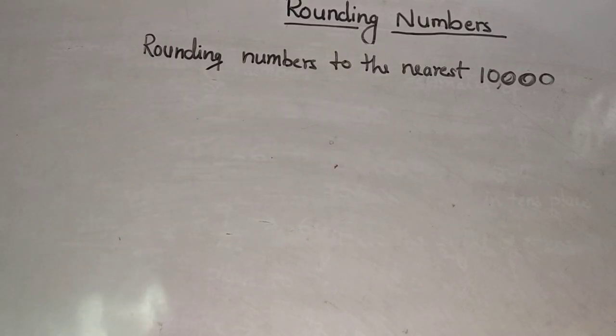Like this for 10,000 also. Look at the digit to the right of the 10,000 place, which will be the 1000 place. If the digit is 5 or more than 5, add 1 to the 10,000 place. Second, change all the digits to the right of the 10,000 place to 0. Example,